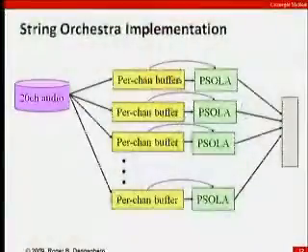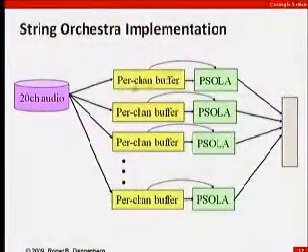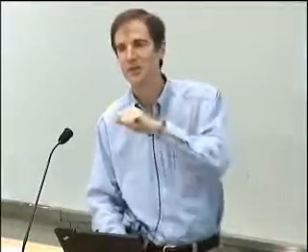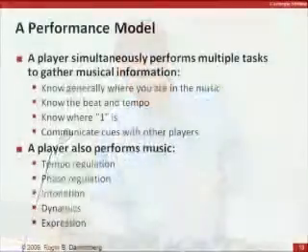So we monitor. We have a buffer in front of the time stretching that is being filled from the 20 channels of audio into these 20 buffers. And by monitoring whether the buffer is getting full or getting empty, we can modulate the amount of time stretching that we're telling the pitch synchronous overlap adds to do. So it's kind of a servo mechanism so that they all track each other and we don't accumulate any rounding error. So all that stuff's going on in real time during the performance.